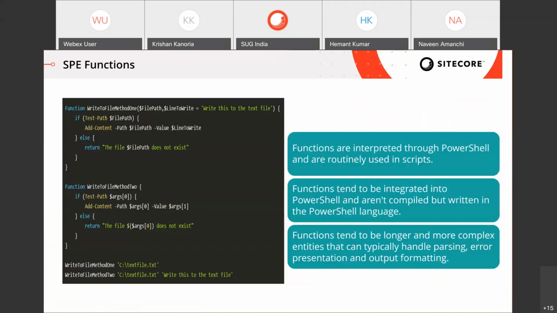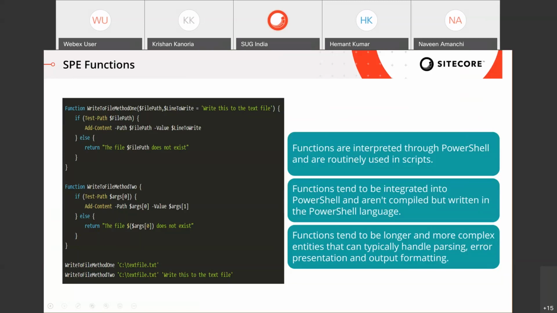So what are those? A function is like a normal function, like we have in C#, but in PowerShell the functions are written in their own native PowerShell language, and they are integrated into PowerShell. You can register them under a particular script library, and then reuse them in your script by using the keyword Import-Function with the name.